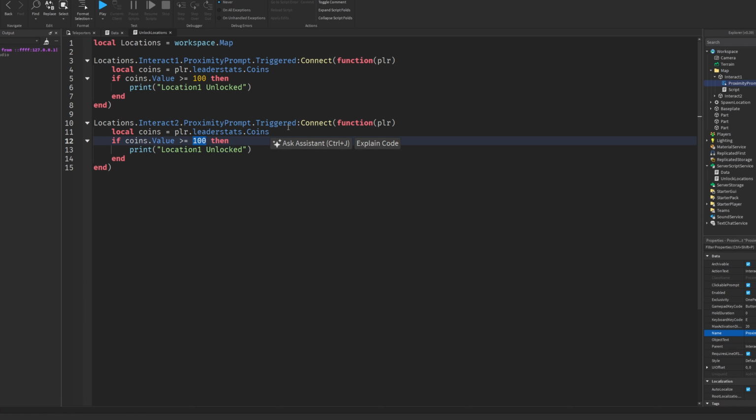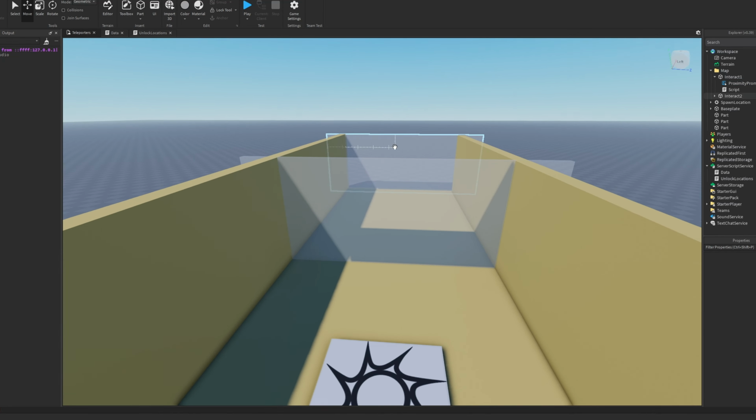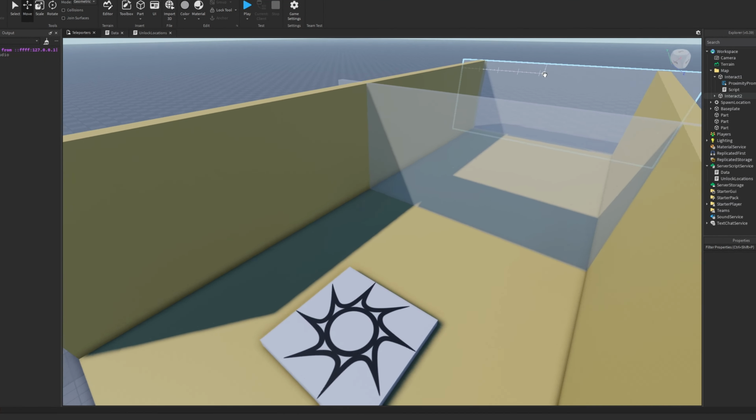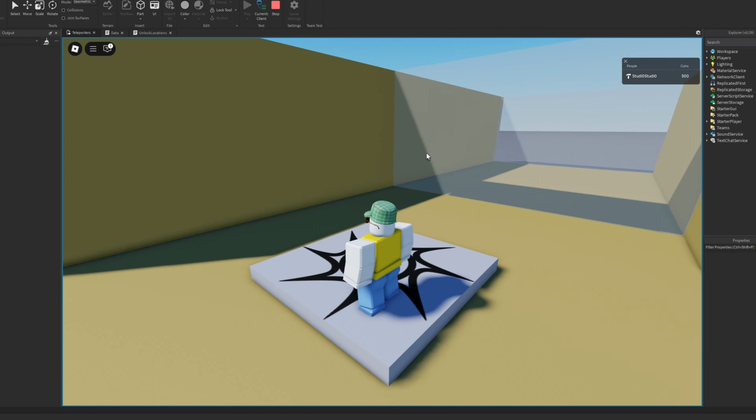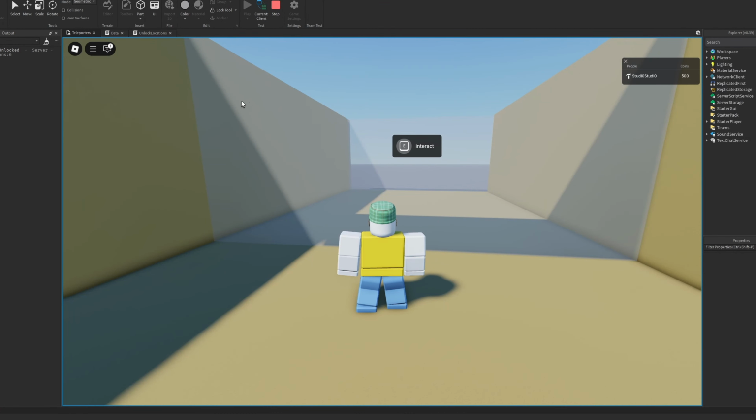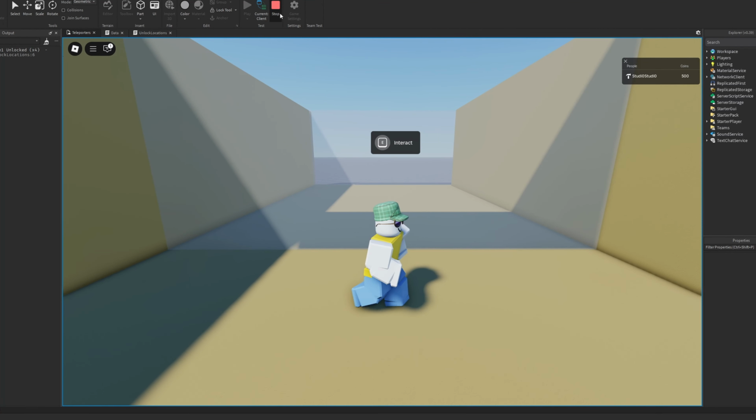And for location 2, we will say it's 250. Location 2 unlocked. We won't actually be able to get through because we still won't be able to pass through this. I'll get to that after, but let's just quickly check. There you go, location 1 is unlocked. It doesn't take away your money